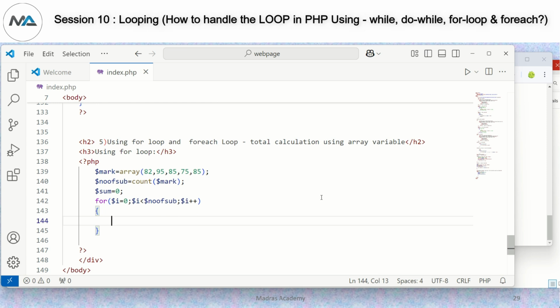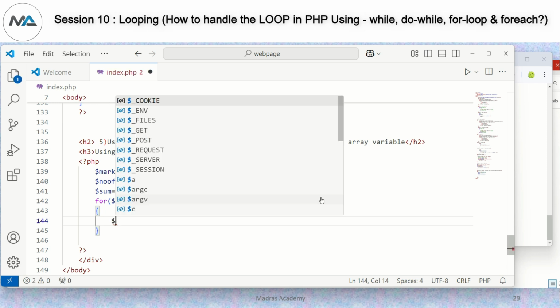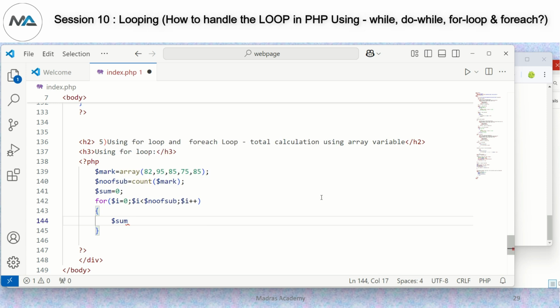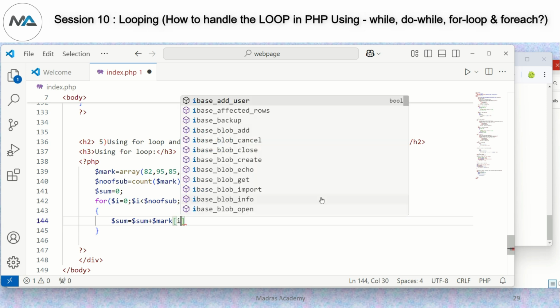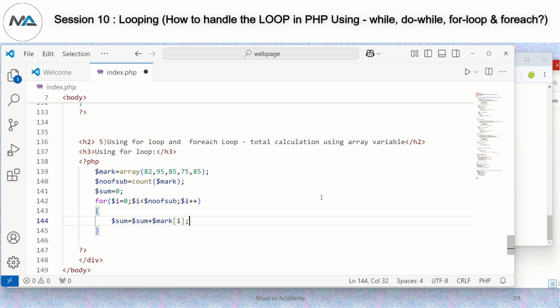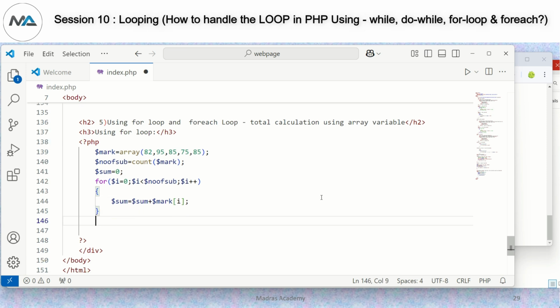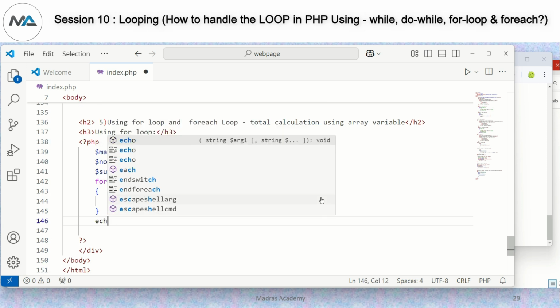This is the for loop, and inside that for loop first we need to calculate the sum. So $sum = $sum + $mark[$i]. So using the index value, it will calculate all the values and assign to the sum variable, and finally